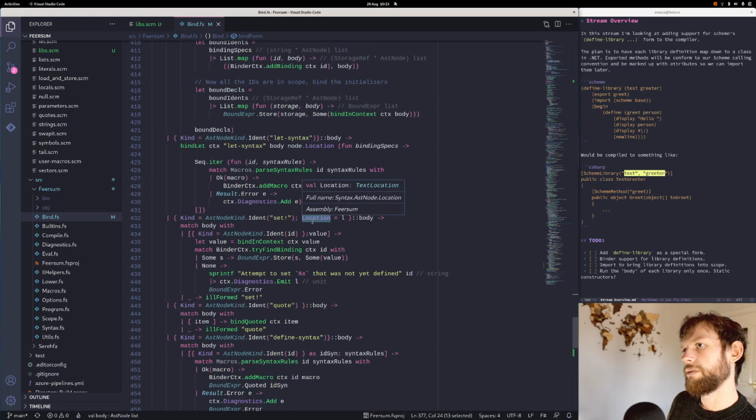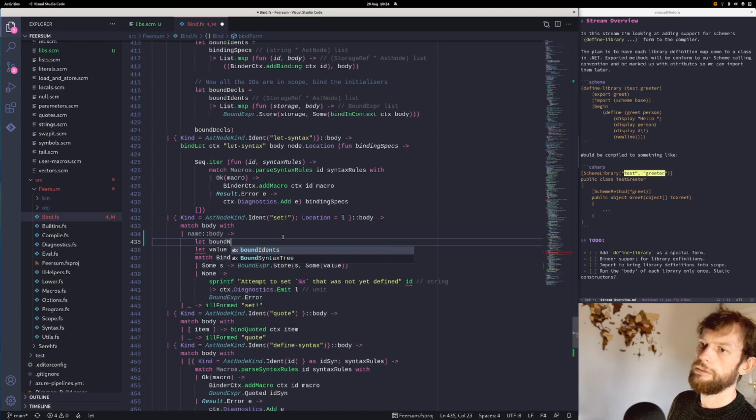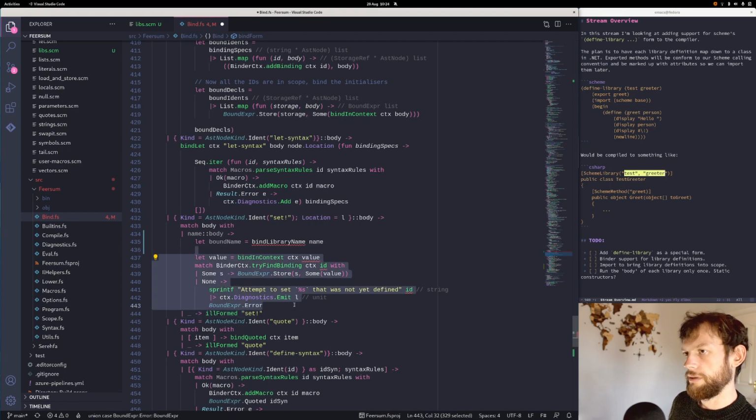So we're expecting two things. Name, body, and we'll say let bound name bind library name, and then we'll leave the body for the time being. And so if we have that return a result,